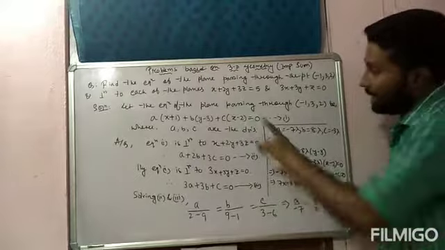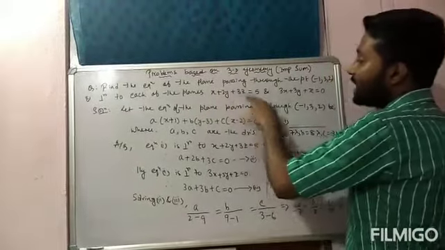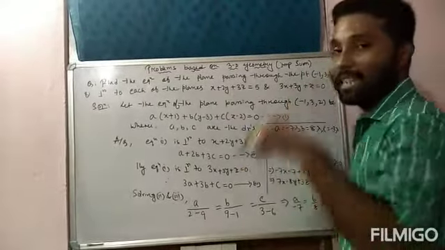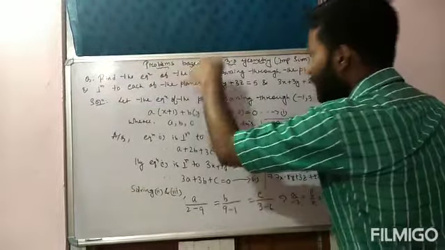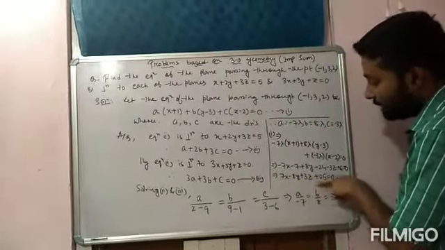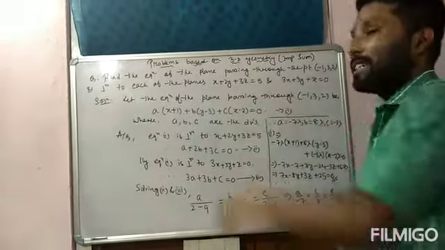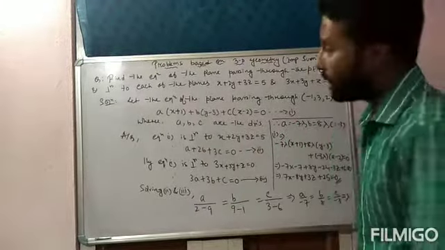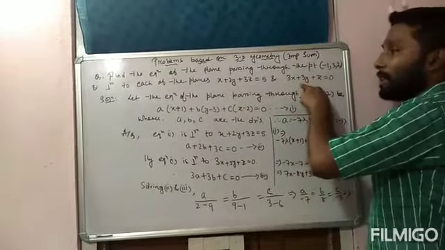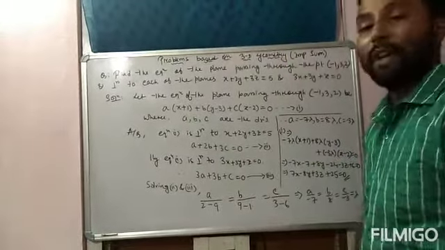You can see one thing, since the equations of the other two planes are given in Cartesian form, that's why I got the answer, that is, the equation of the first plane is also in Cartesian form. अगर दो इक्वेशन कार्टेशियन फॉर्म में है तो जो आंसर मिलेगा वो इक्वेशन भी कार्टेशियन फॉर्म में होगा. अगर दो इक्वेशन वेक्टर फॉर्म में है तो वो जो आंसर होगा वो वेक्टर फॉर्म में होगा.